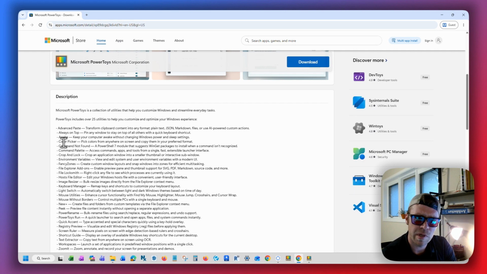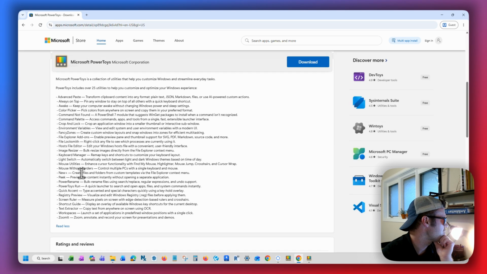And real quick, something important to say is that if you are a Mac user, this isn't going to work for you. However, if you use Windows 10 or 11 on your desktop, then it will work for you. So if you have Windows 10 or 11, this will work. If you have a Mac, it will not. Sorry, Mac users out there. But back to the different tools within this